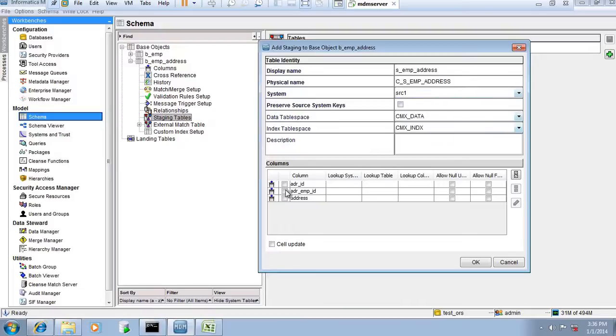Otherwise you can select src2 if you are getting data from a different source system. And I am getting data for all the fields in the staging table. Maybe in some cases only with the help of source system 1 we are getting data for 2 fields, or out of 20 fields we can get data for 3 fields. It depends. It is not always that we have to select all the values we can see from the base subject. Okay, cell update we already understood, so click on OK.